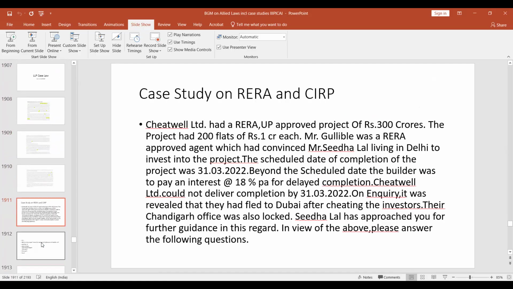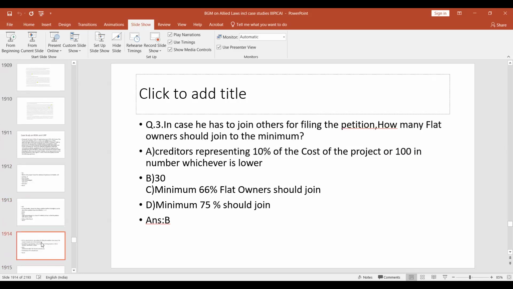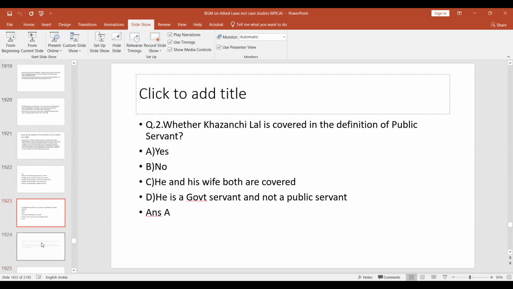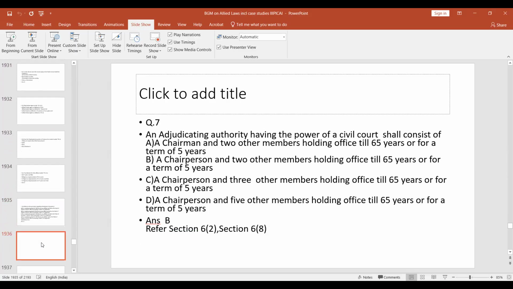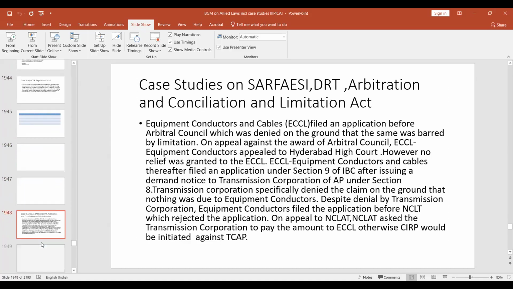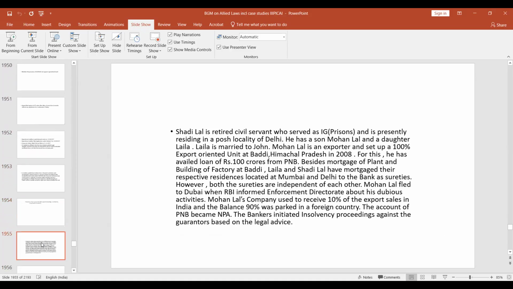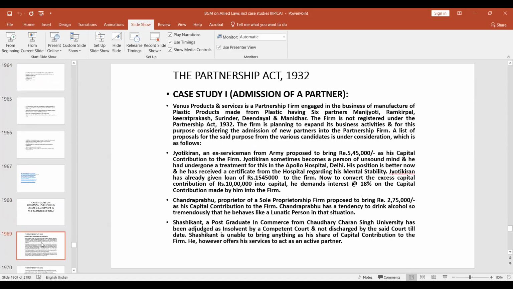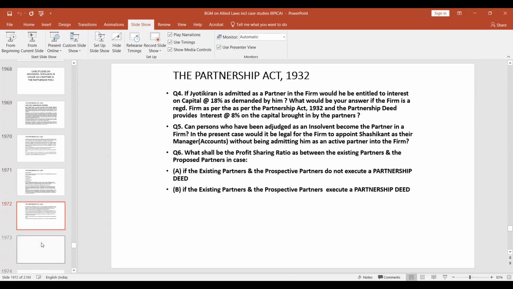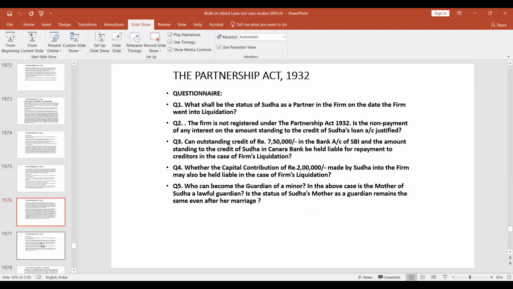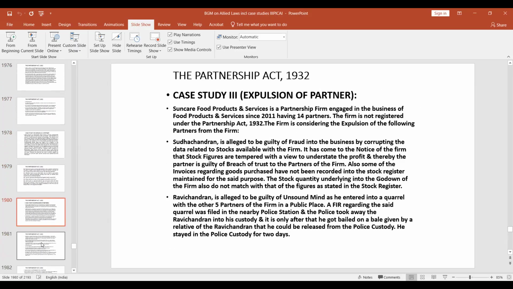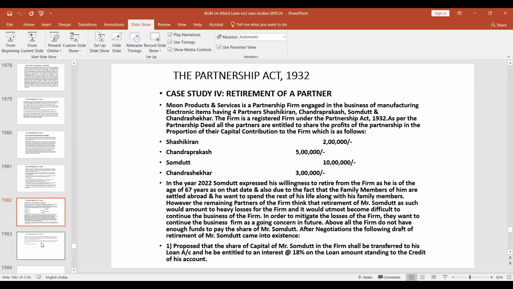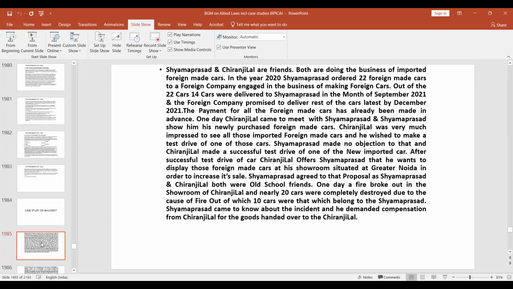LLP केस लो, केस स्टडी ऑन रेरा एंड CIRP, केस स्टडी ऑन प्रिवेंशन ऑफ करप्शन एक्ट। तो मैं तो ये चाहूंगा कि यू गो थ्रू दिस मटेरियल, और इस मटेरियल में बहुत क्लैरिटी आ जाएगी आपको। केस स्टडी ऑन एडमिशन ऑफ पार्टनर, केस स्टडी ऑन माइनर एज ए पार्टनर, एक्सपल्शन ऑफ ए पार्टनर, केस स्टडी ऑन रिटायरमेंट, केस स्टडी ऑन बेलमेंट।